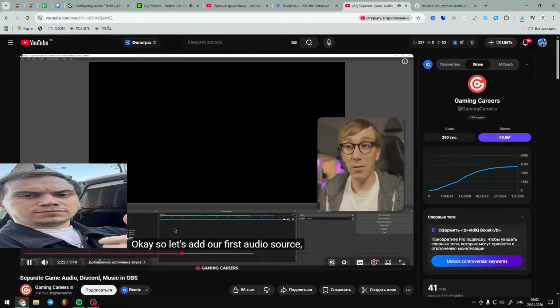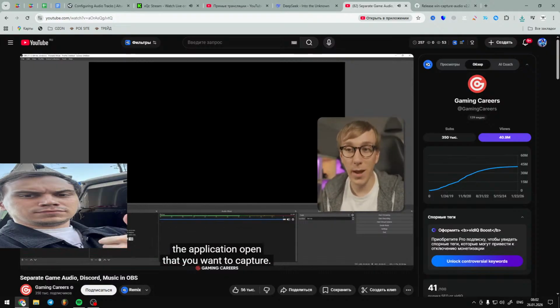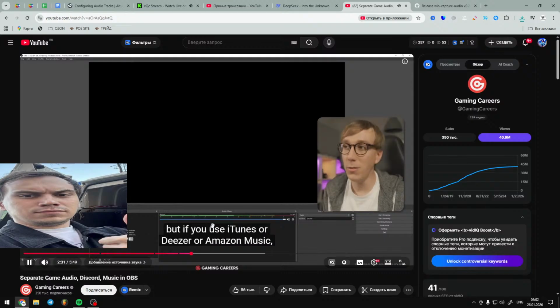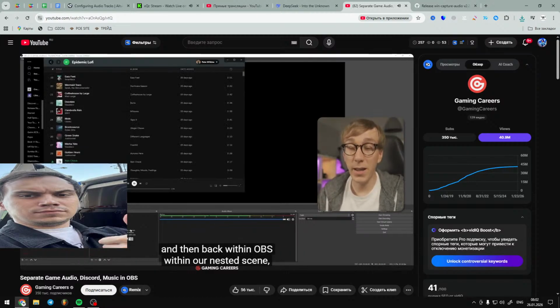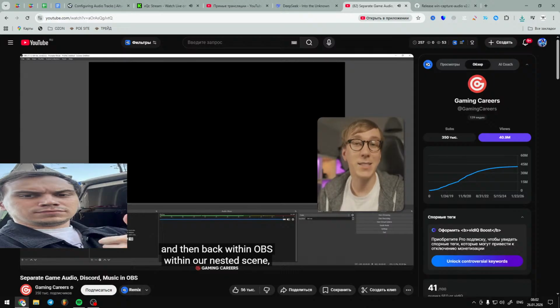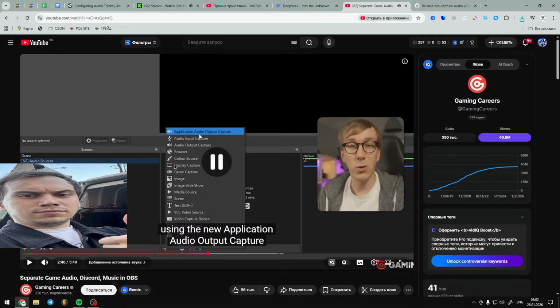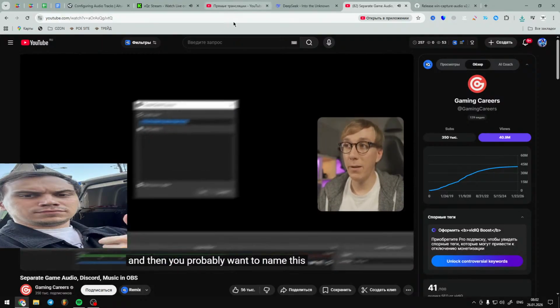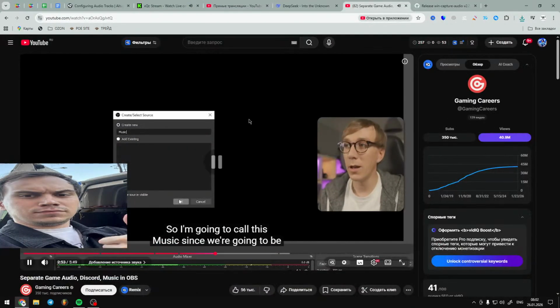Okay, so let's add our first audio source, which will be our music player. Now, it's important to note that you actually have to have the application open that you want to capture. So for me, that's Spotify, but if you use iTunes or Deezer or Amazon Music, you just need to have the application open and ideally playing some music as well. So I'll start playing some music using Spotify, and then back within OBS, within our nested scene, we want to add a new source using the new application audio output capture. And then you probably want to name this just to keep things organized. So I'm going to call this music, since we're going to be capturing